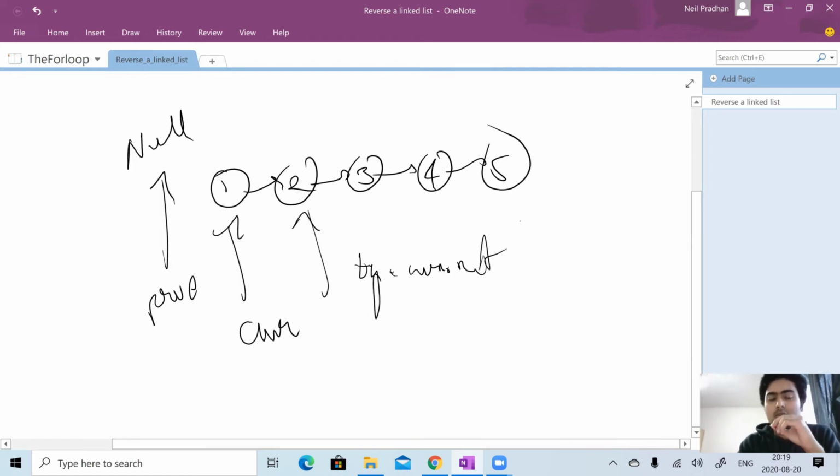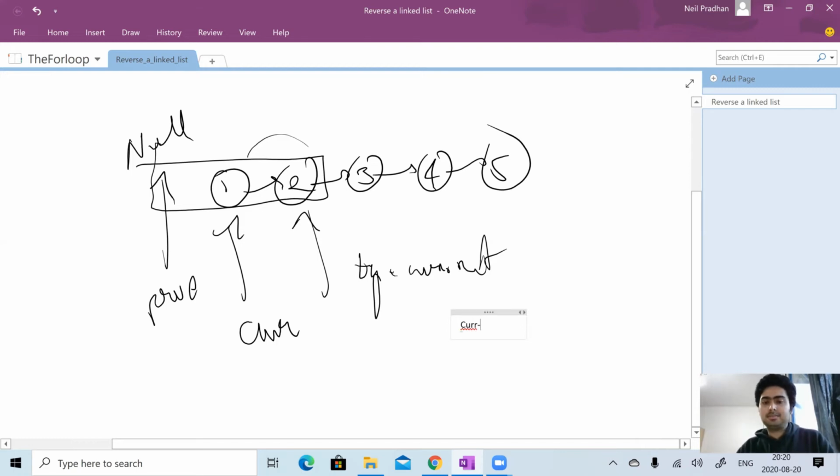So how we approach this is we take this window, we do the reversal here. Then we shift this window. So previous, current and temp keep on moving until we reach the end where we have the reversed linked list. So how do we write the code for this? The first thing that we are going to do is current dot next has to point to previous, right? So current dot next is equal to previous, right?